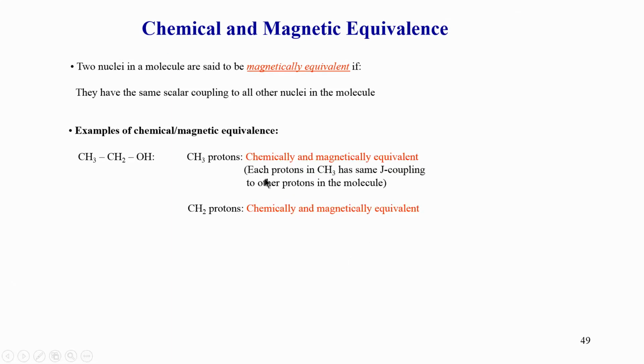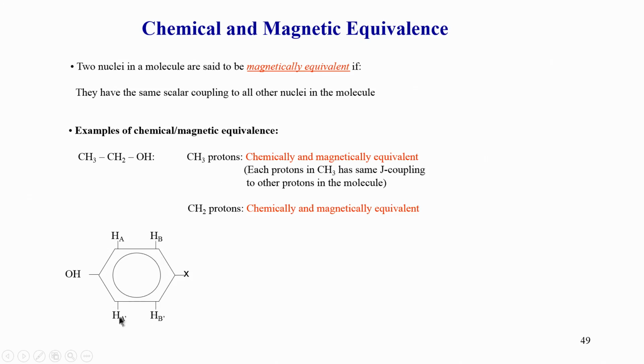The second concept which is very important in NMR is magnetic equivalence. We saw just now chemical equivalence. Let us look at an example here. If you see here this X, which is a hydrogen, this is some functional group, this can be another functional group. If you look at these 2 hydrogens, there is a symmetry here. If I draw a line here, there is an axis of symmetry. So, you may say that this hydrogen is equivalent to this hydrogen and this hydrogen is equivalent to that hydrogen, which is fine. So, they are chemically equivalent.